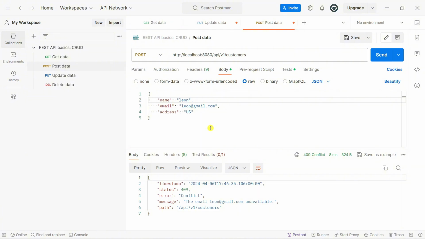So go back to the Postman, and before we had this default exception from the input. Now if I click on send to create a new customer with the same email, you can see that we have our custom error response object here, with the HTTP status conflict, and also the message, the path, and an additional attribute, the API, to represent the API that the client called. And the last one is also the timestamp.